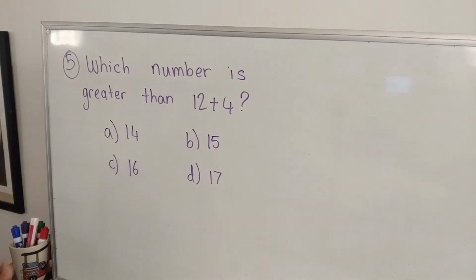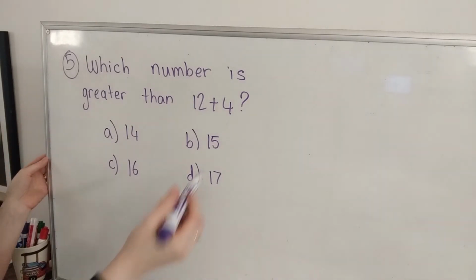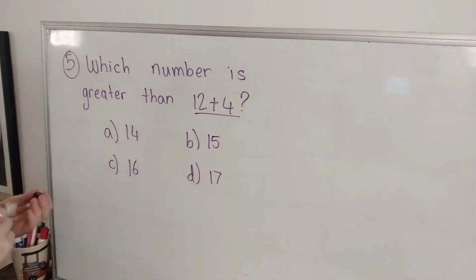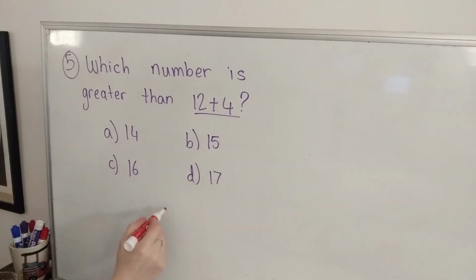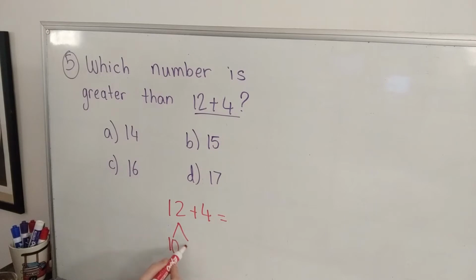Okay, let's solve and see. It says, which number is greater than 12 plus 4? Well, first of all, we need to know what? What is 12 plus 4? Let's go ahead and try it and solve that right here. 12 plus 4 equals. What's inside of 12? A 10 and a 2. 4 plus 2 is 6. 10 plus 6 is